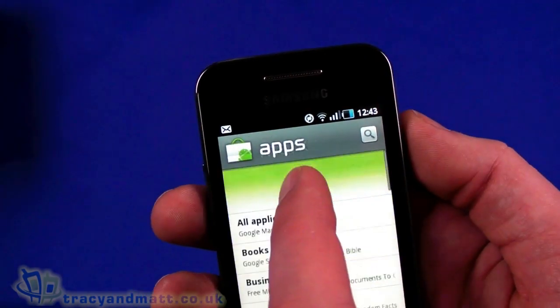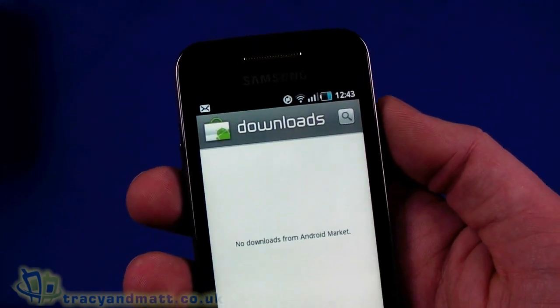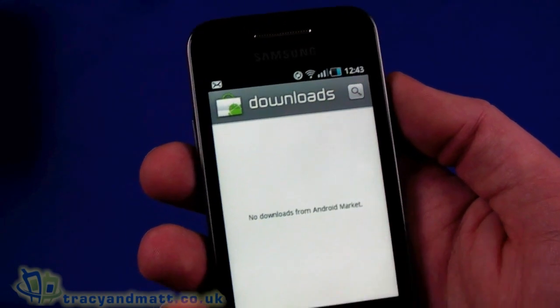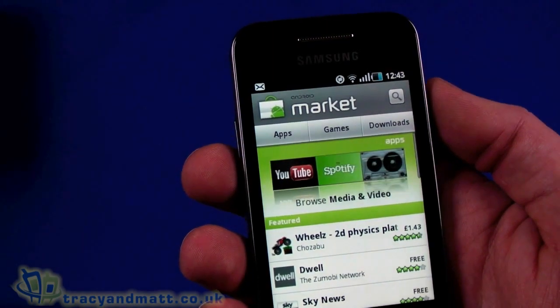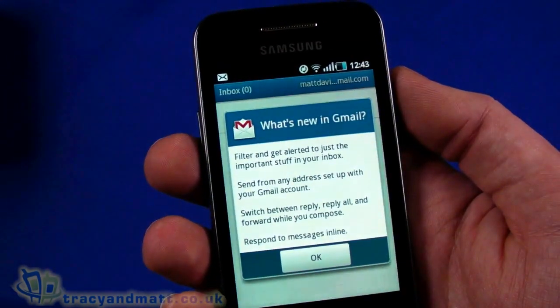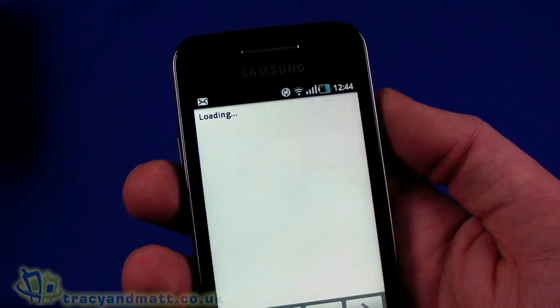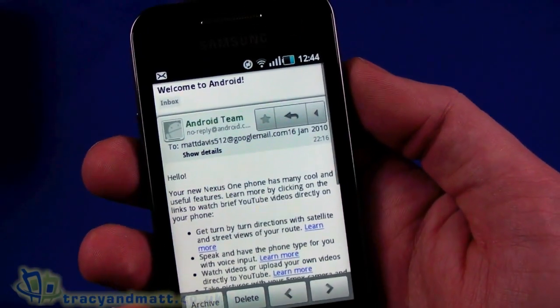So it's your Android Market with apps and games and other bits and pieces, and then we've got downloads. If there were any updates here, they would actually start downloading automatically, or it would tell me if there were anything that requires any manual intervention. So that's Android Market. Gmail will have started working too and synchronized, so we've got a Gmail already there. It's a pretty straightforward Gmail account,